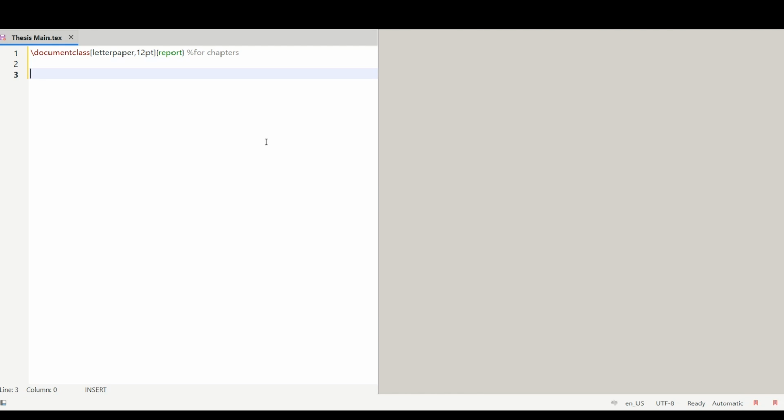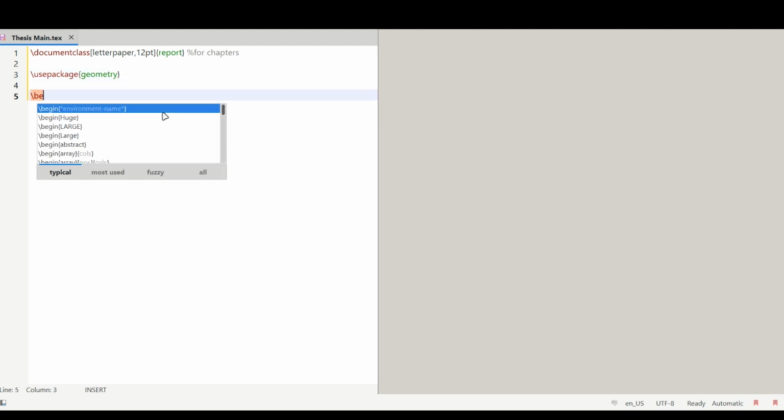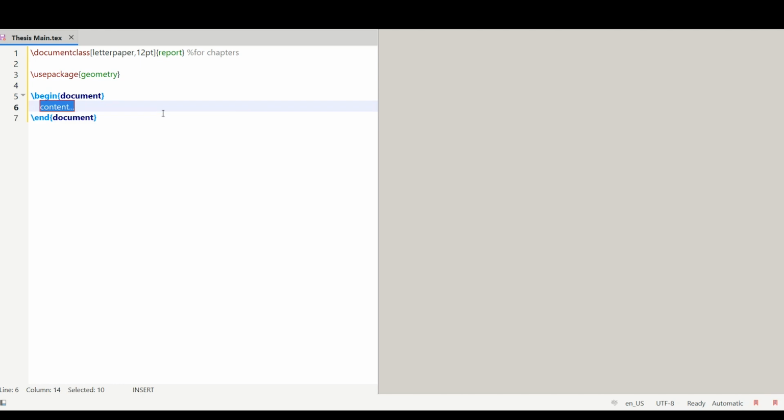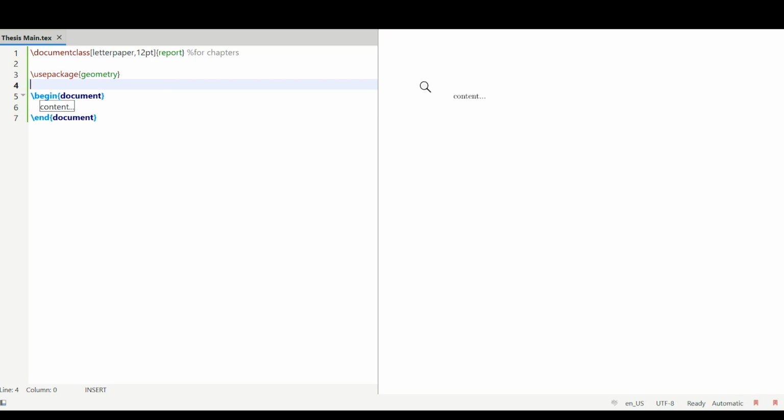The next step is to load our packages. Packages in LaTeX are like add-ons that extend the functionality of your document. After you've added your packages, it's time to start writing the content of your document. To do that, we need to use the \begin{document} command, which tells LaTeX that this is where the content starts. Everything you want to appear in your document, from text to figures, will go between the \begin{document} and the